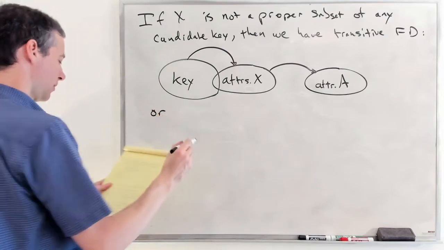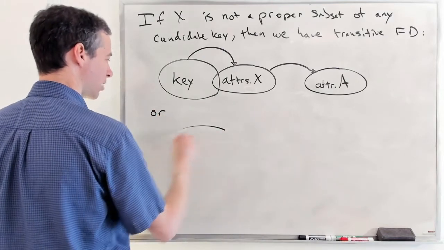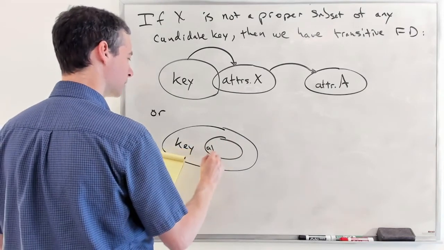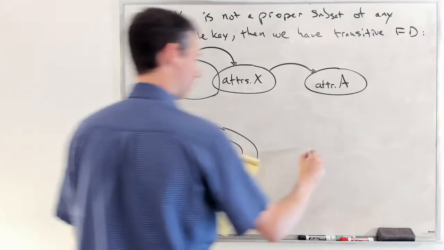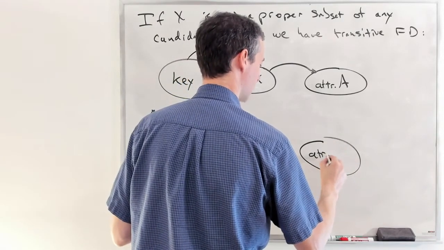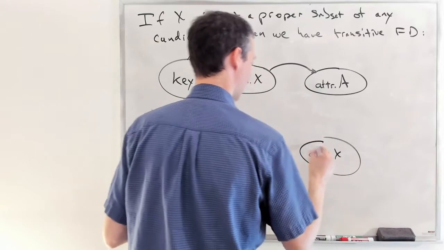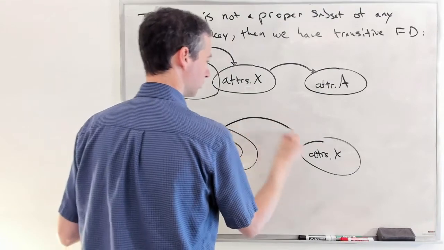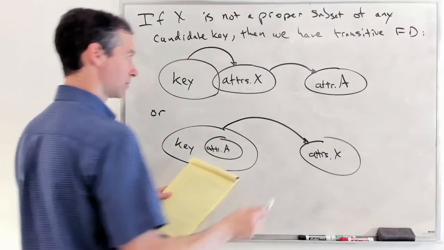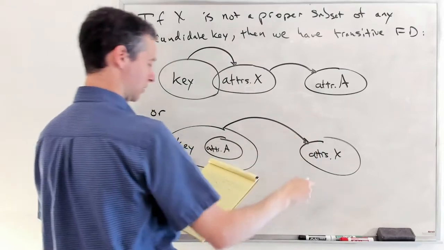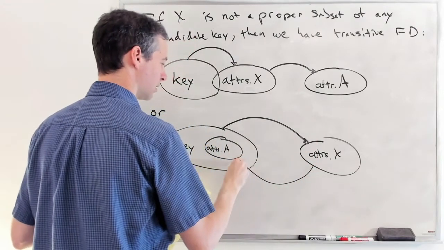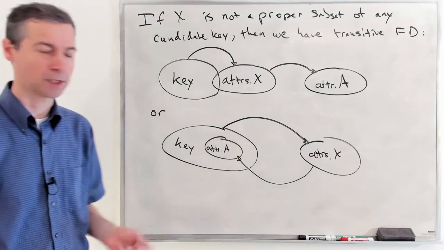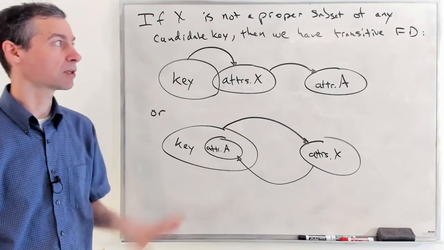There is another way to have a transitive functional dependency, which is you can have your key and you can put A inside of it, and your attribute X can be outside of it. The key can determine what X is, same thing, the key is determining X, and then X can determine back what A is, which is part of your candidate key. So these are the two ways that we can have a transitive